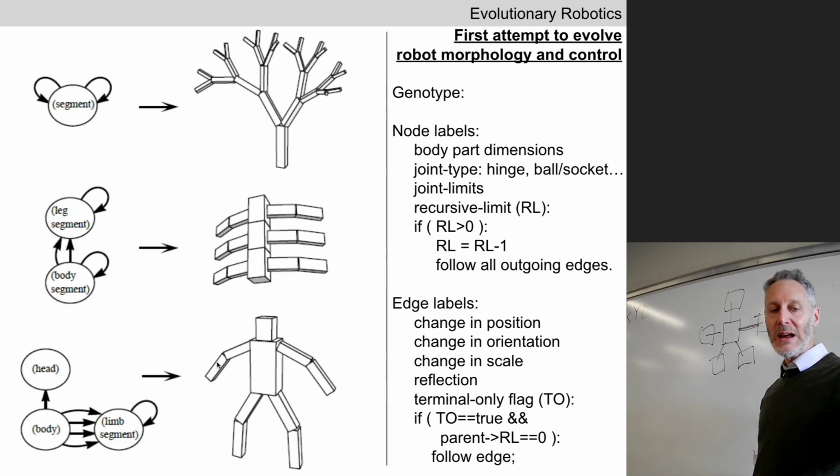How are these remaining 1, 2, 3, 4 objects built? Let's complete this genotype to phenotype mapping. Where in the genotype is the information about how to build these 4 parts? The limb segment has a connection to itself, so it just copies another limb segment. Absolutely. So every time we follow one of these links and build, let's say, this upper leg,